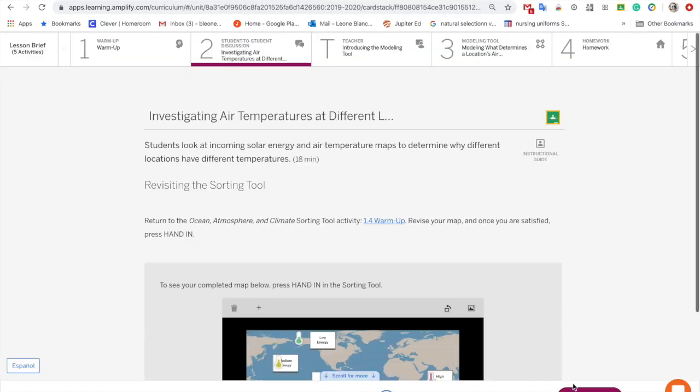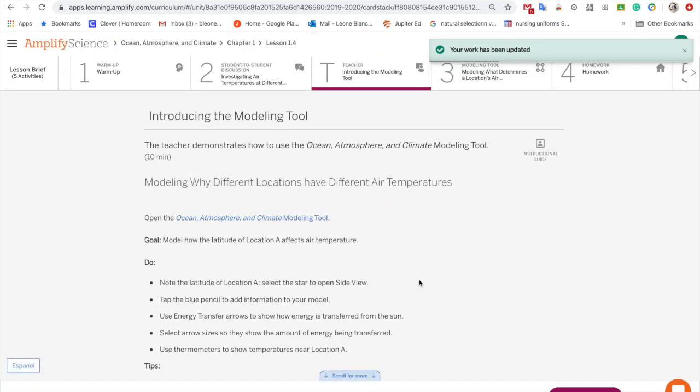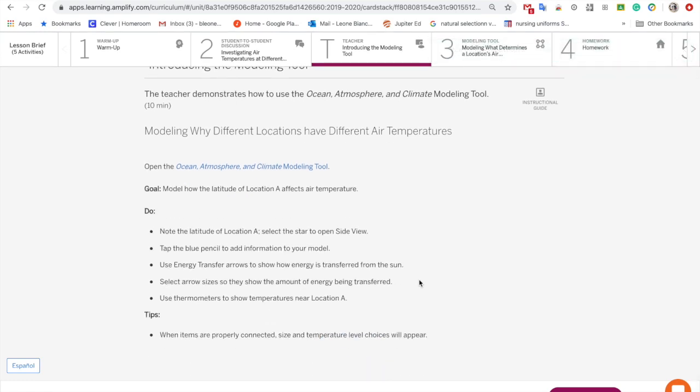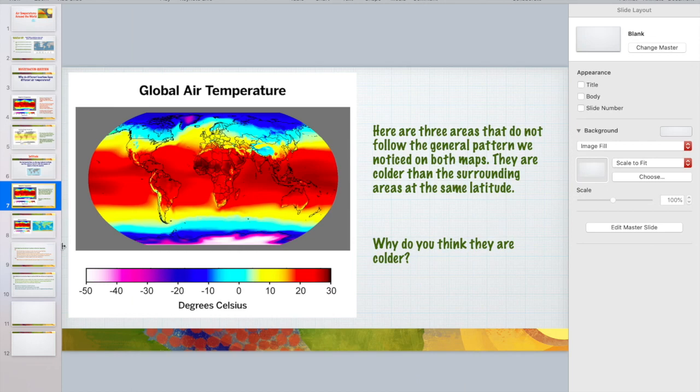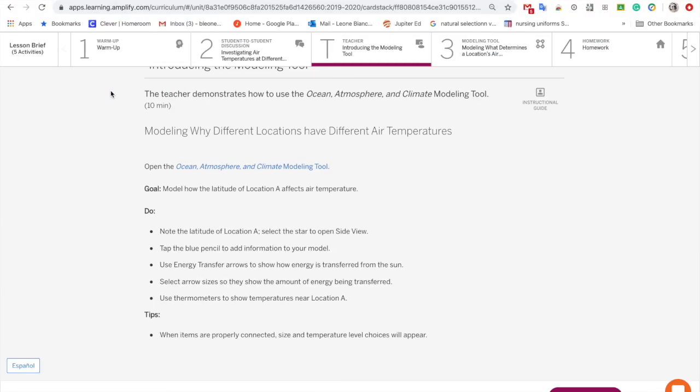And I'm going to go back here, and you'll see that your picture has been updated. Once you finish that, click update and move on to here, the modeling tool. So I'm going to go back to the slides, and we're going to talk about what we need to do for our modeling, how the latitude of a location affects the air temperature. So back here at the Amplify website, I have